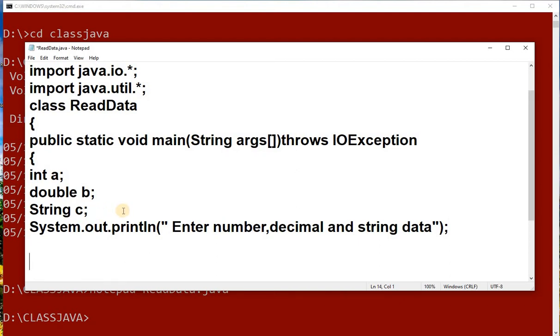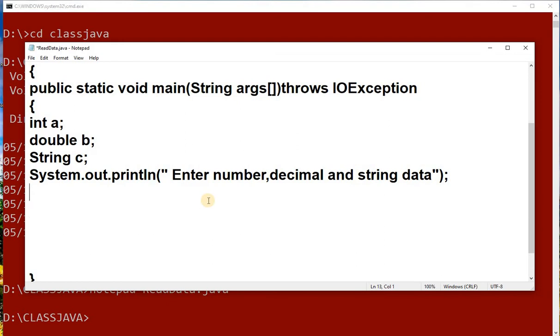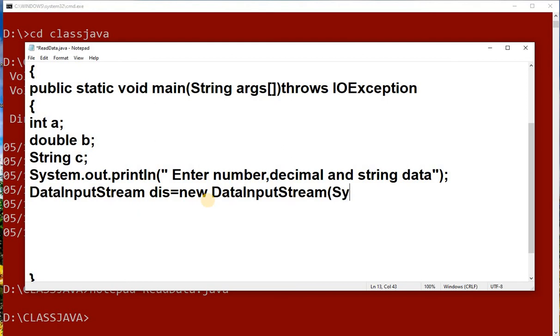Now we will declare those three classes we have seen before. The first class is DataInputStream. I will create an object of this, then I say new DataInputStream. New will create an object there and make it available.